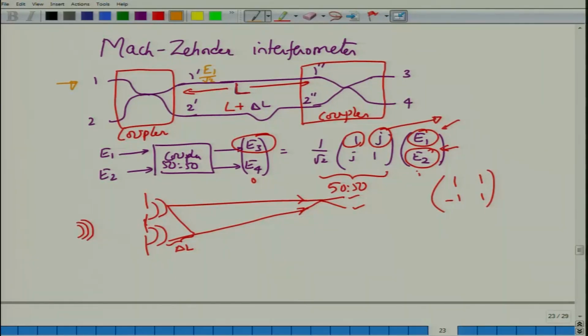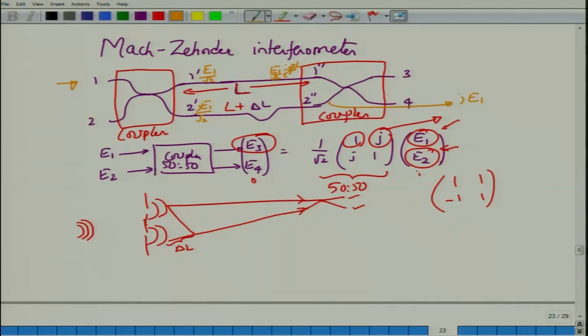So, you have E1 by root 2, then there will be propagation which begins at, say, if this was already some z, then there would have been some e power minus j beta z, but otherwise you do not have to worry about the propagation factor right here. This amplitude is split as j E1 by root 2, and then when you propagate to the output coupler, this would have been E1 by root 2 e power minus j beta L, right. This is the phase factor to which the first wave would have appeared,